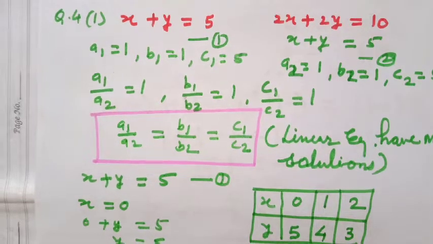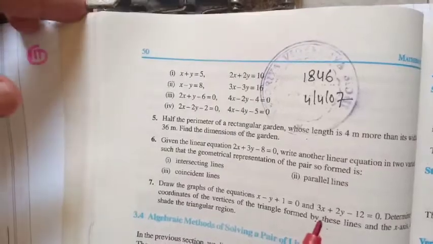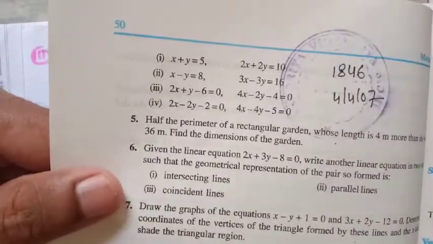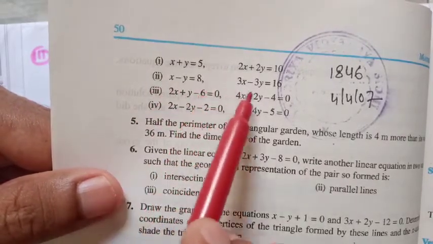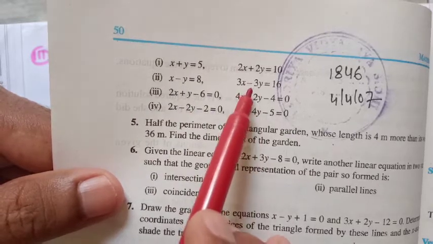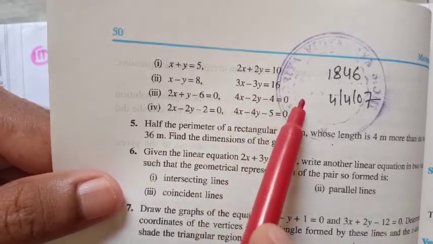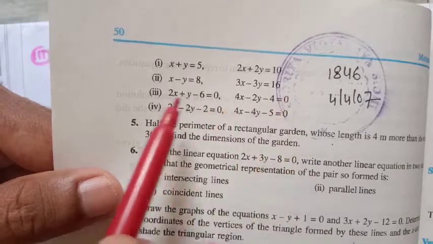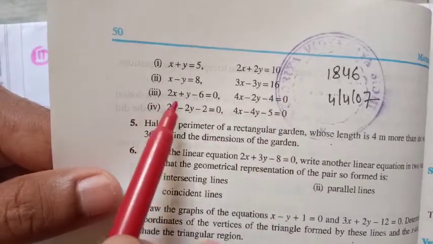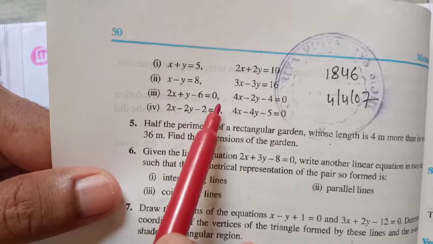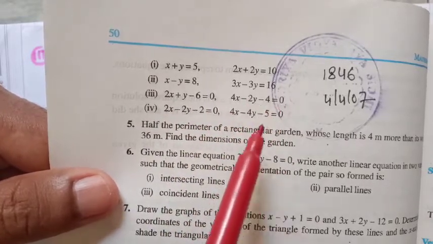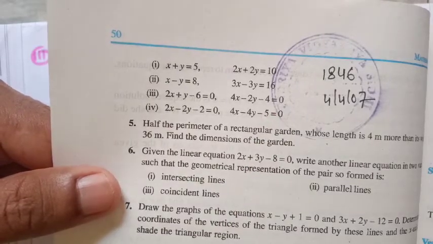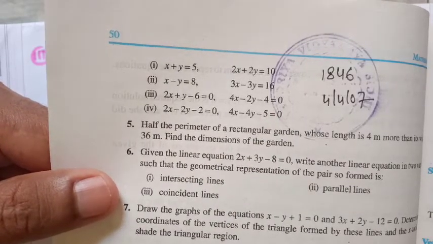Okay, now come to the next question. For the next question, you should see it properly. Second, x minus y is equal to 8, and one more linear equation, 3x minus 3y is equal to 16. This is also very easy. Now come to question number 3. 2x plus y minus 6 is equal to 0. In the second linear equation, 4x minus 2y minus 4 is equal to 0. We should get the solution of those two linear